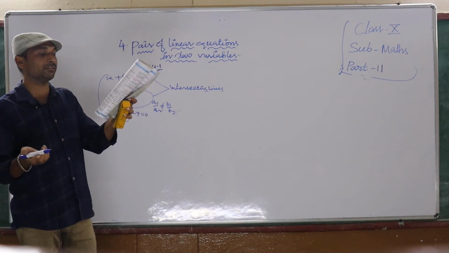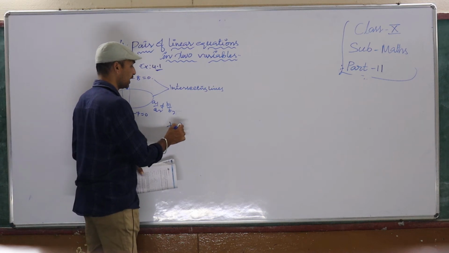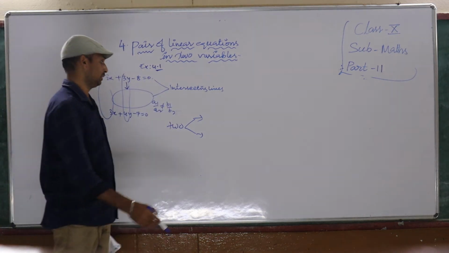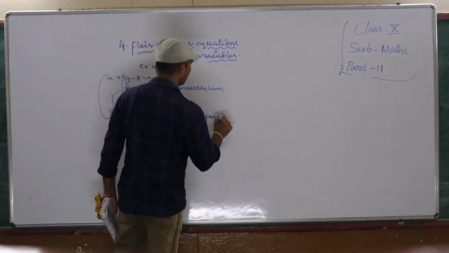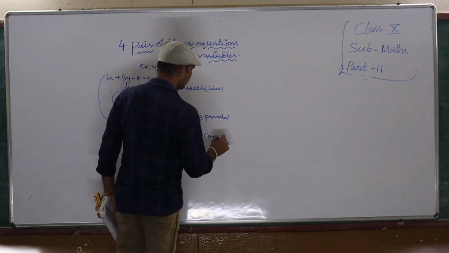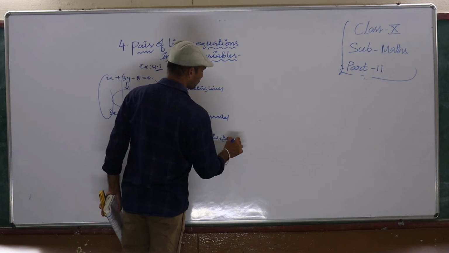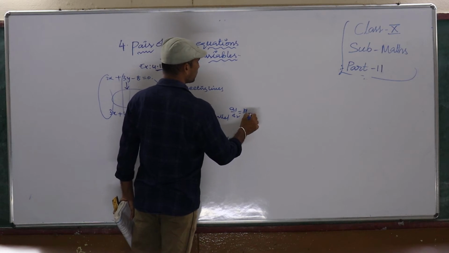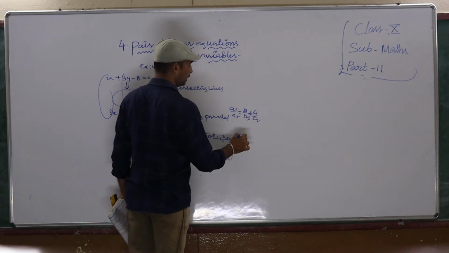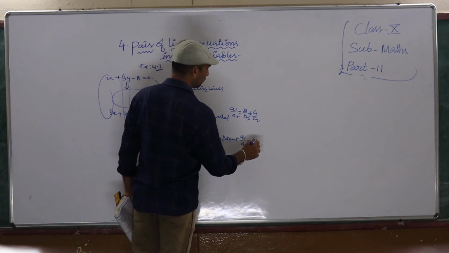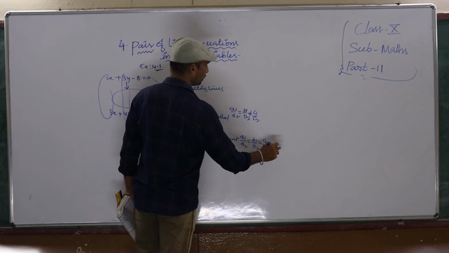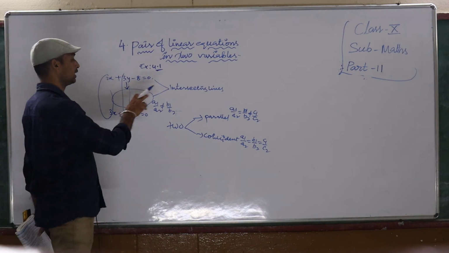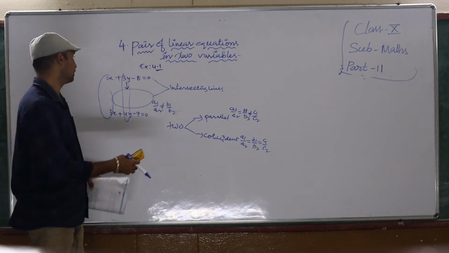Now write two more equations, two equations you should write. So in this, one forms a pair of parallel lines, the other one is coincident lines. Means here a1 by a2 is equal to b1 by b2 is not equal to c1 by c2 you should get. Here a1 by a2 is equal to b1 by b2 is equal to c1 by c2. By your own you write any equations children, no problem, but these three conditions should be satisfied, right?